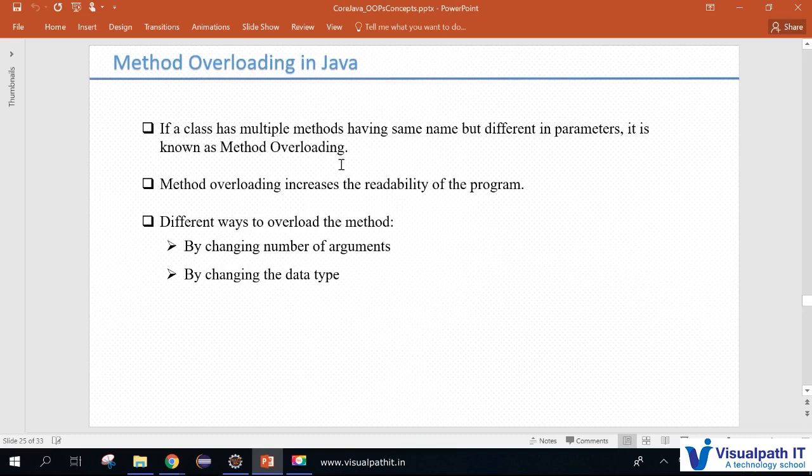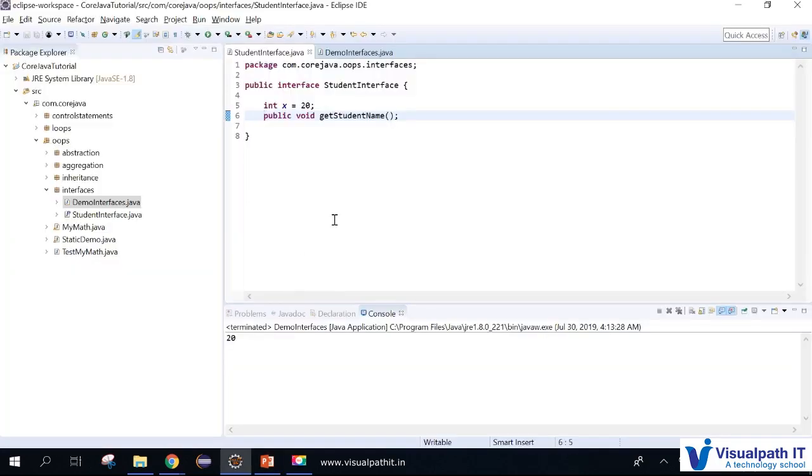When a class has multiple methods with the same name but different parameters, it's known as method overloading. Method overloading increases the readability of the program. There are different ways of overloading methods: by changing the number of arguments or by changing the data type. Suppose you are implementing